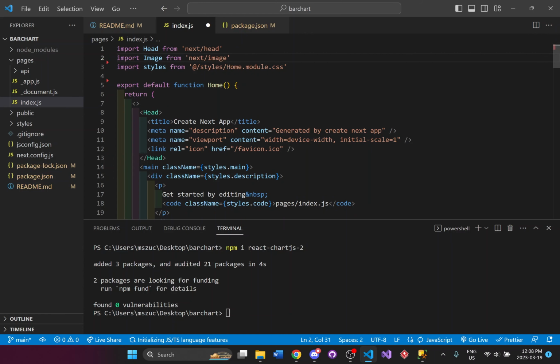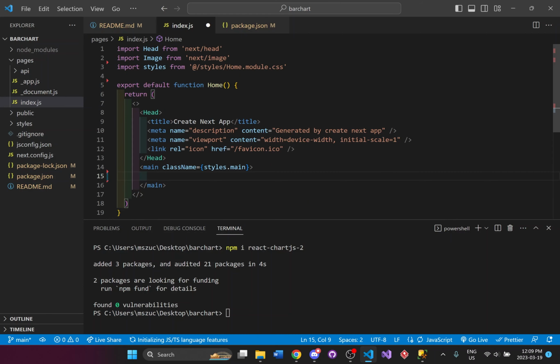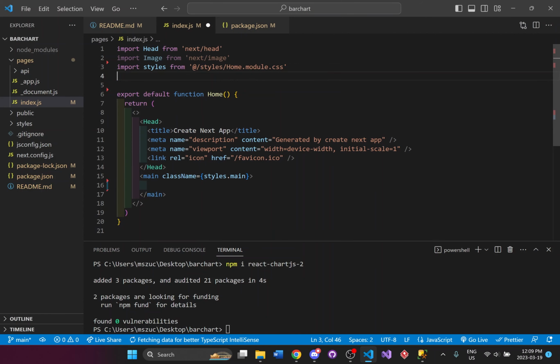And then I'm going to delete everything in between the main. And you should have something like this set up now in the index.js. And what I want to do is, in order to get this to work, I have to first set up a few useStates here.